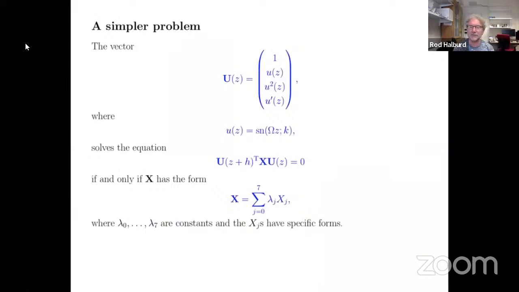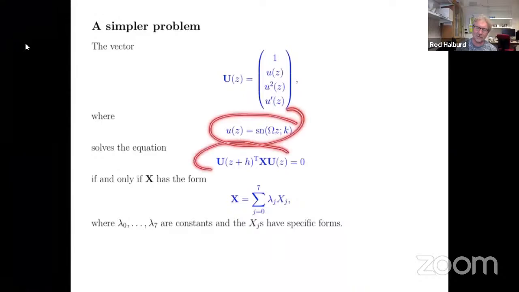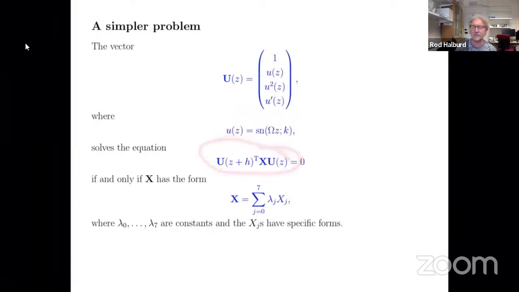So a simpler example is to ask ourselves, well, when do I have an equation that's just solved by Sn itself, rather than a Möbius transformation in Sn? So that's easily done. I take Sn and I substitute it in here, and then I use lots of the identities that we know for the addition laws and the various equations that Sn has to satisfy. And we actually see that if I expand out this left-hand side, it's basically a linear combination of 7 equations, in the sense that I have some arbitrary coefficients in here, and then each of those different terms would individually